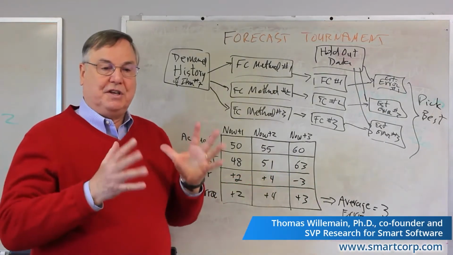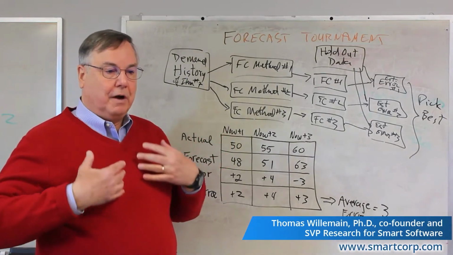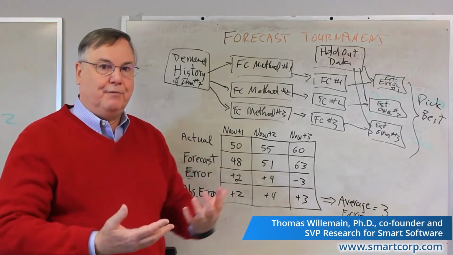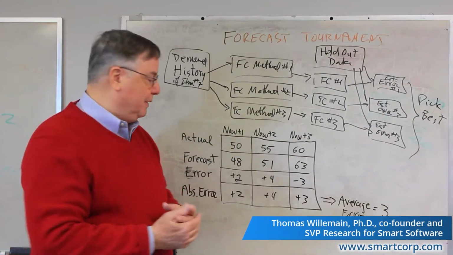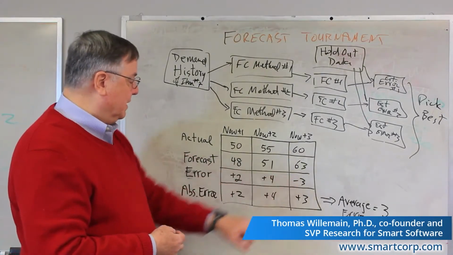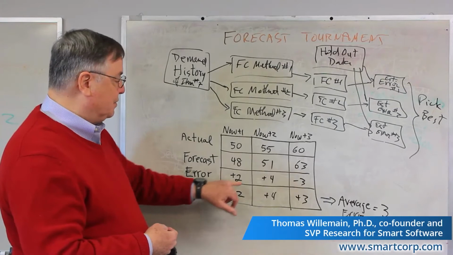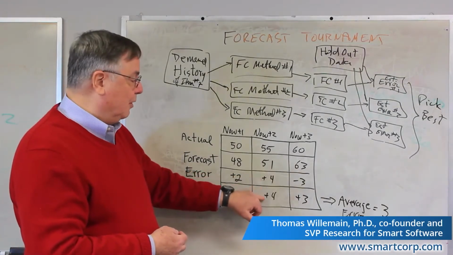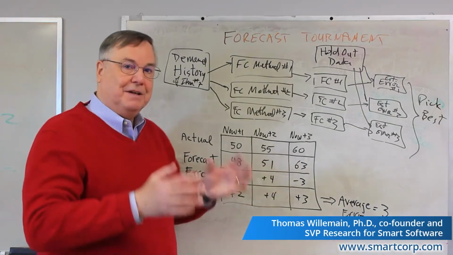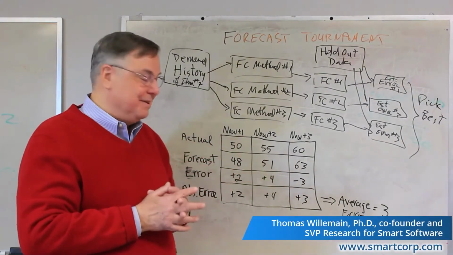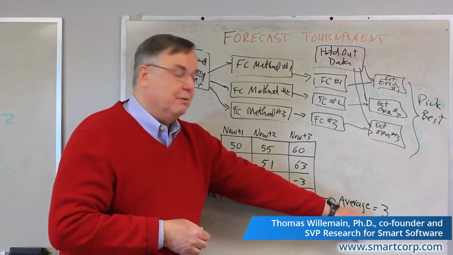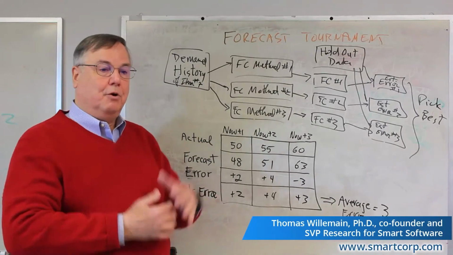And what we need is a single number to describe, on average, what happens in this planning problem. We've got a 3-period forecast horizon. What's the average over 3? And we take the absolute error, which means we ignore the minus signs. So plus 2 stays as plus 2, plus 4 stays as plus 4, minus 3 becomes a plus 3. We don't let this subtract and make the total error seem smaller than it is. And so a 2, a 4, and a 3 average out to a 3-unit error for that method over the